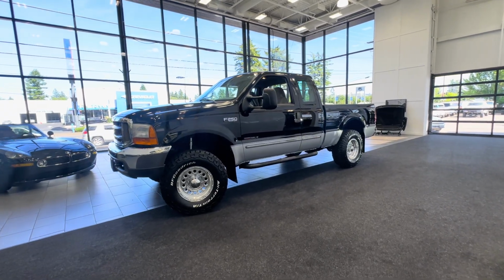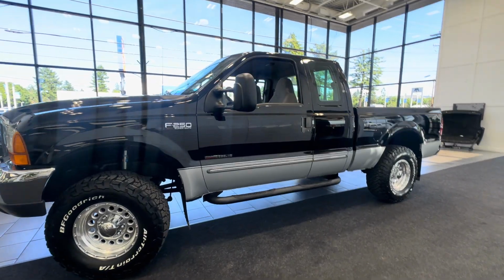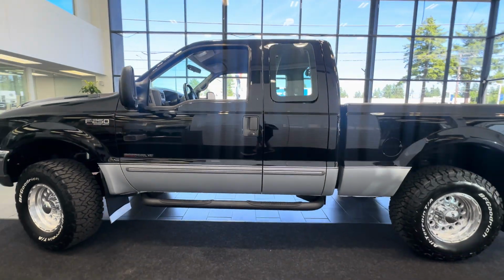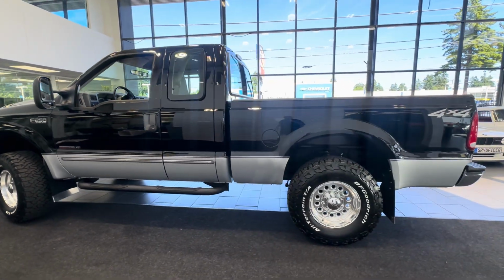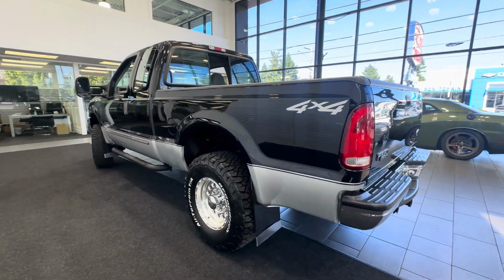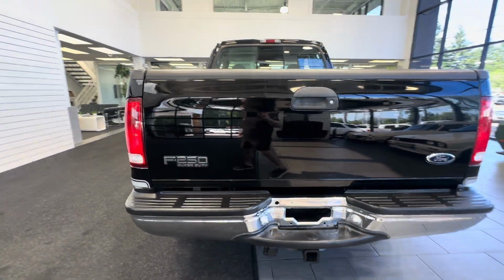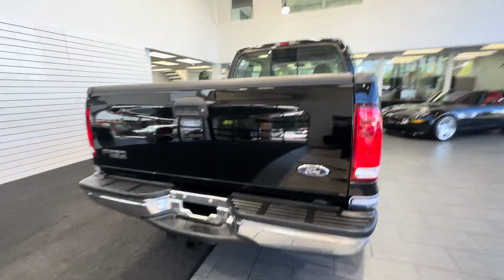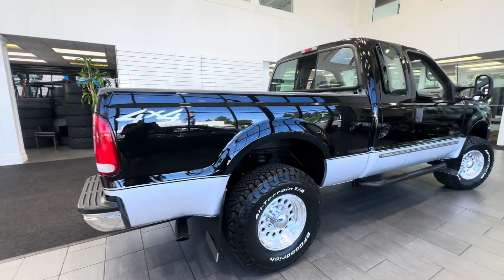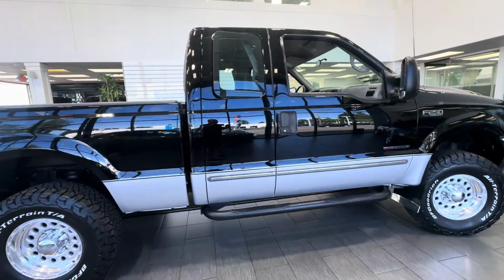And today's find is another holy grail, a local Oregon, one owner, 2000 Ford F-250 extended cab, short bed, 7.3, 6-speed manual transmission, 4-wheel drive, XLT with 113,000 original miles. So again, local, one owner, Oregon truck, 100% rust and corrosion free, clean title, CARFAX certified with